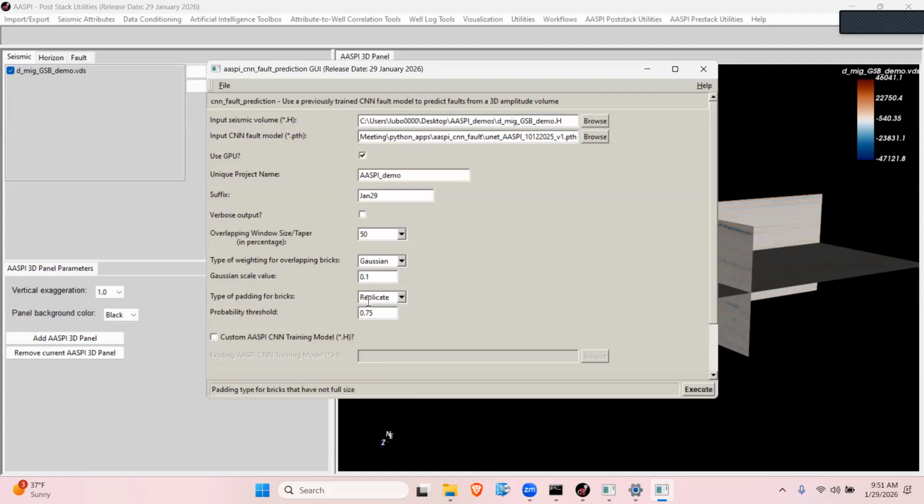Then the padding. What happens now when you have a box and you're closer to the edges? What do you do with the edges? You need to do something, right? The volume might not fit in the 128. Maybe you don't have a complete brick. So you have a couple of options here in AASPI. The first one is a constant value, which is going to be 0. And the second one is replicate. Replicate means you get to the edge, and then whatever is in the final 32, it will replicate that